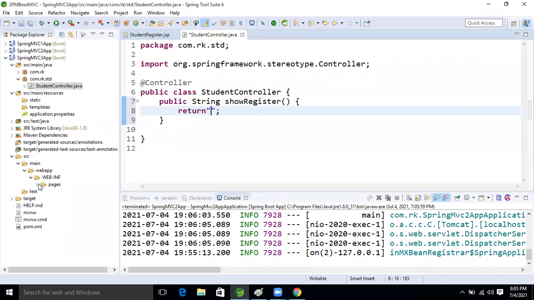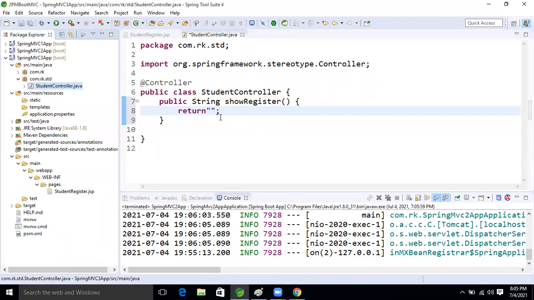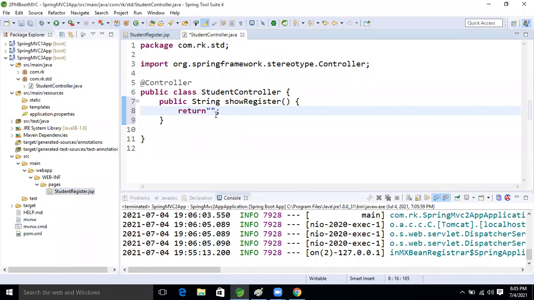What is the view name now guys? Student register, right? Student register.